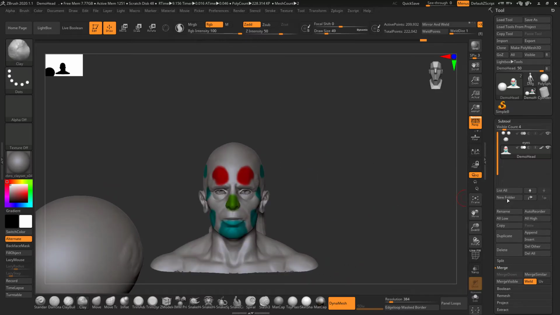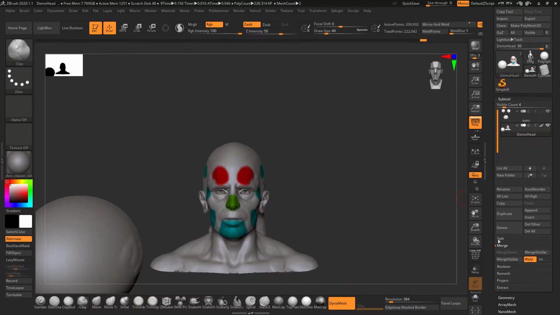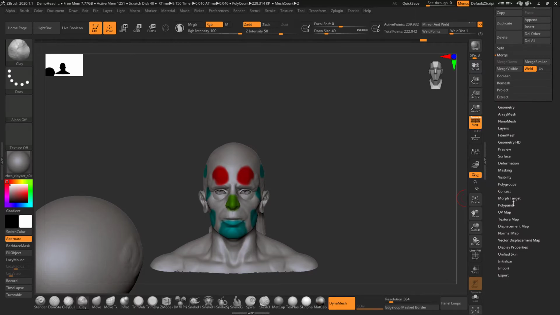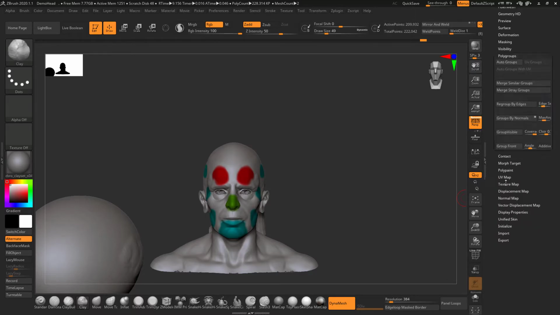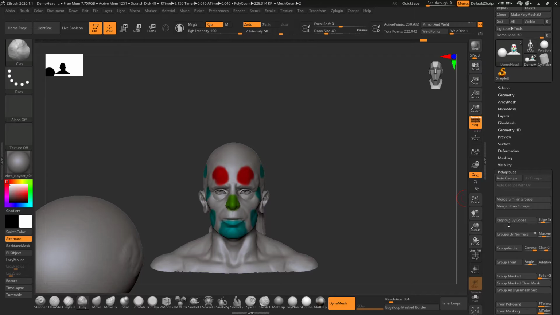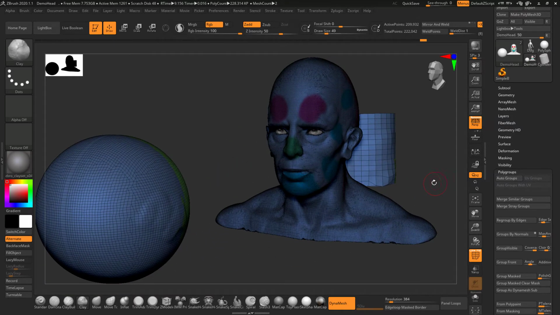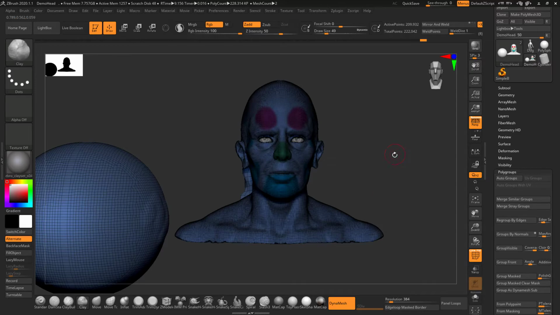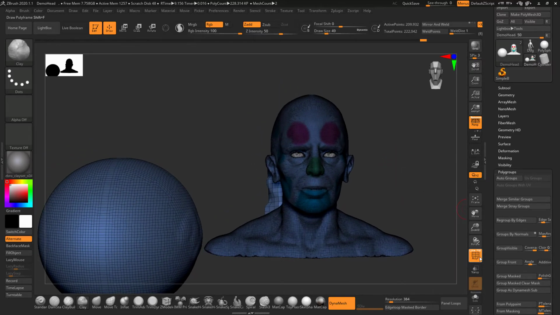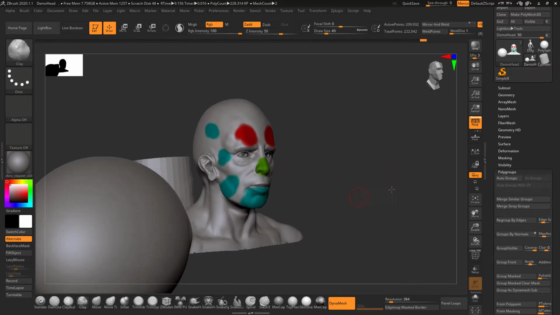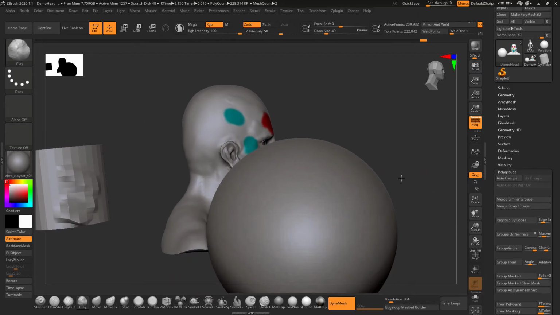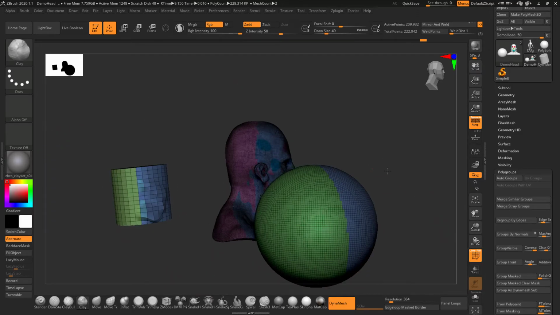Now these are one object, and I can simply sculpt them. If I want to change it, I go to polygroups and click on group front. Whatever area is visible to the camera, it groups into one. Now I will take a side view to explain it.